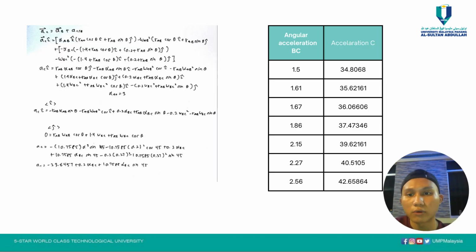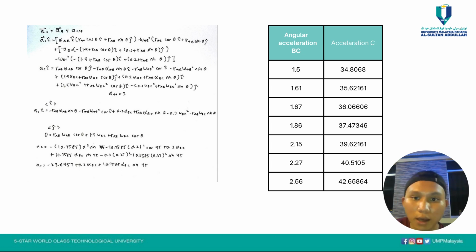Okay, and for the next we will calculate the acceleration of block C. So first, acceleration C is equal to acceleration B plus acceleration C with respect to B. And then next, acceleration A, I hack is equal to alpha AB K hack cross R AB cos theta plus R AB sin theta J hack minus omega AB square in bracket R AB cos